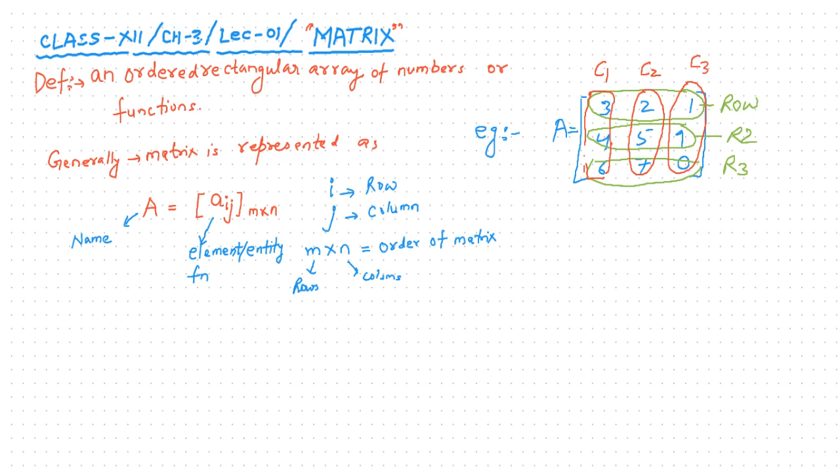Now, there is one obvious question. These are just numbers. What is the practical use of this matrix? Suppose when we are formulating a matrix, there are certain things that the person who has formulated the matrix knows or defines. Now let us understand this in detail with an example.